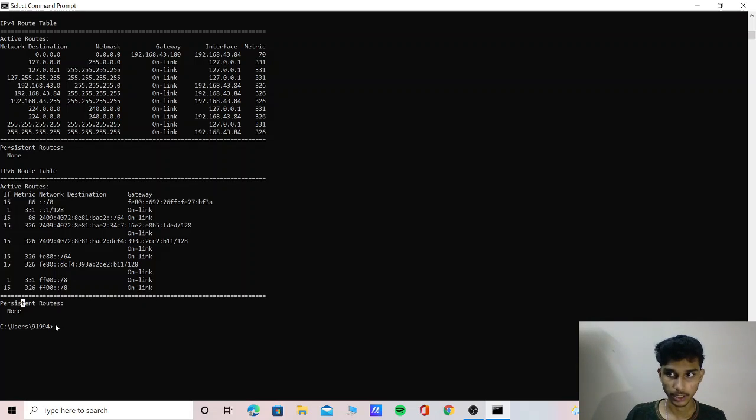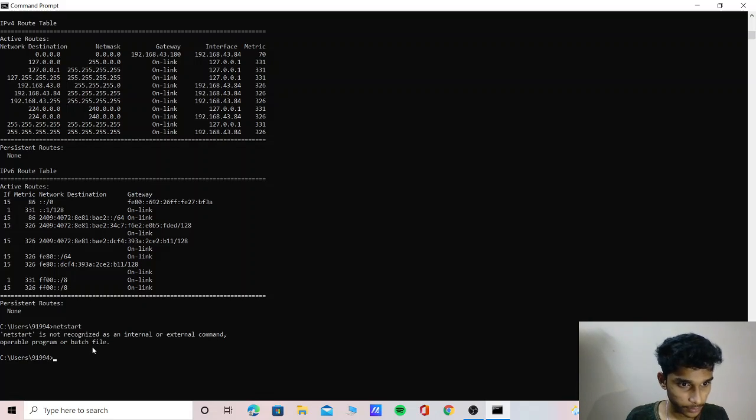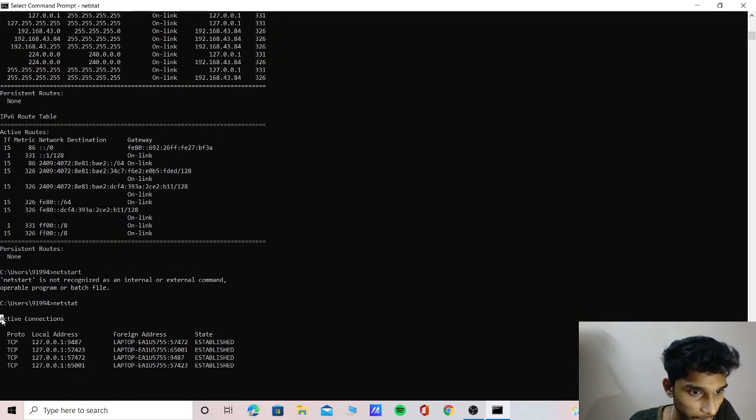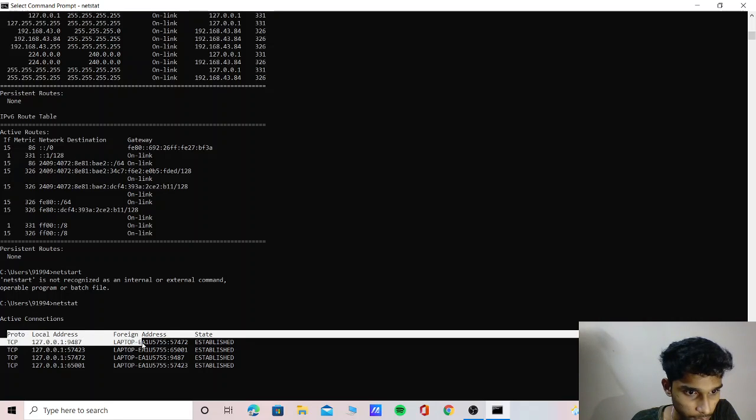I'm giving it as netstat. Sorry, netstat. It shows the active connections here, the local address, then foreign address, then state.